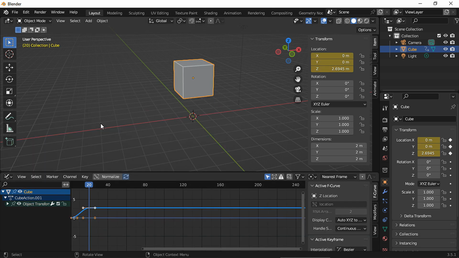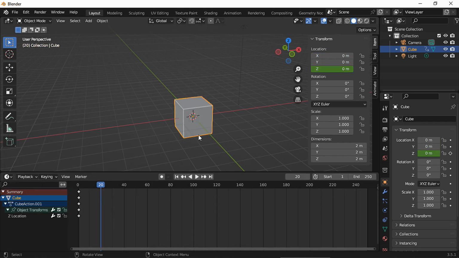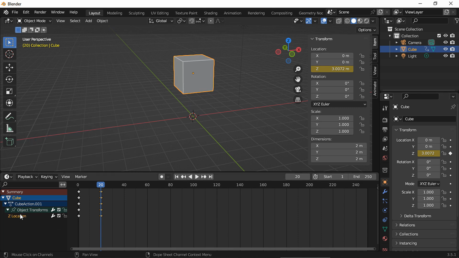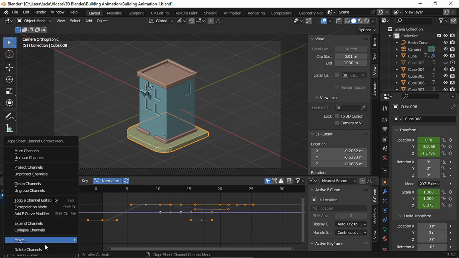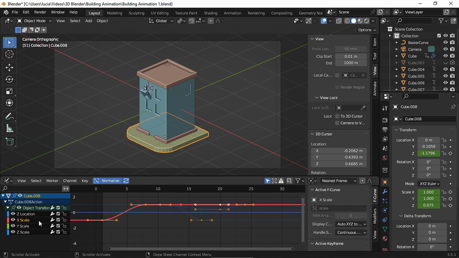The solution could be to delete those channels later, or create a keyframe for that specific axis here in the transform panel instead. It's not like it will ruin our animation to keep all the channels, but everything will be more organized and we'll have fewer elements in our timeline. Delete this one as well, and the rest looks fine.